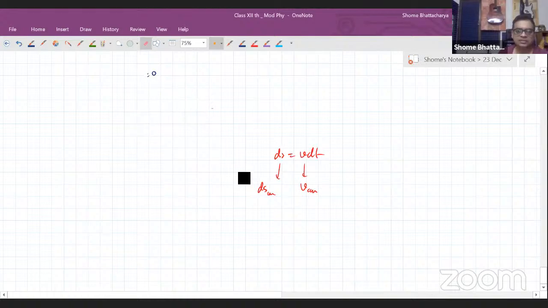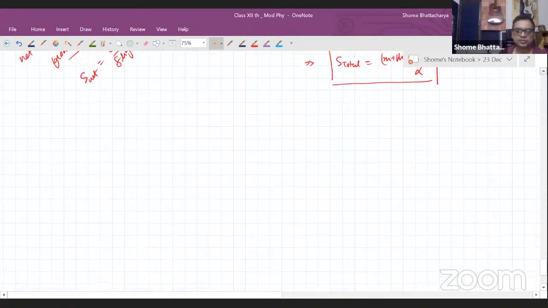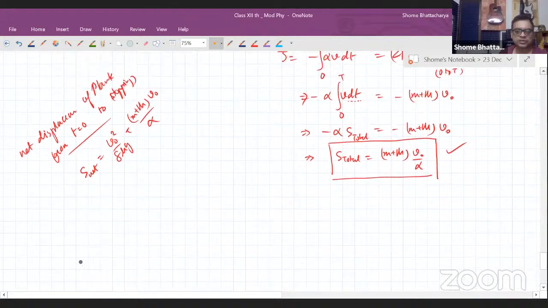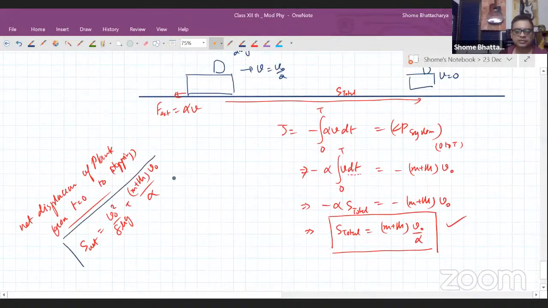So I would suggest that let's assume the question has given us that proportionality constant alpha. Okay, and then our answer according to the value of alpha or that proportionality constant is this much. This is the net displacement of the plank. Or unless the question is asked, is the question asking total displacement of the plank, or